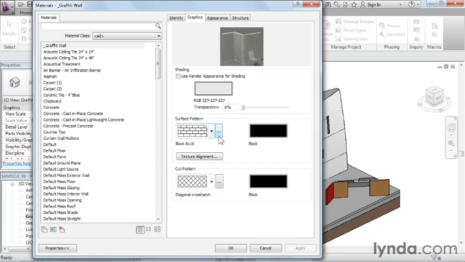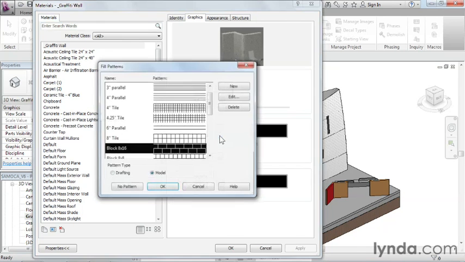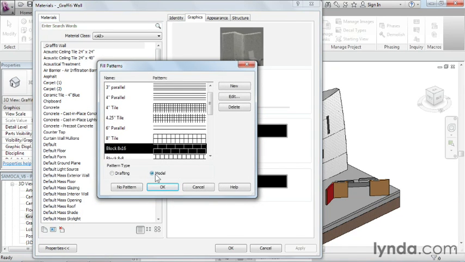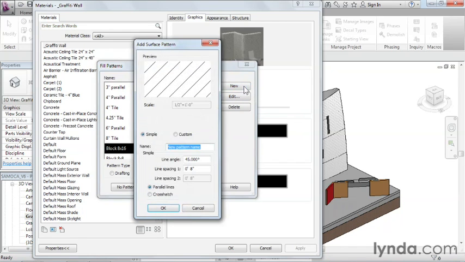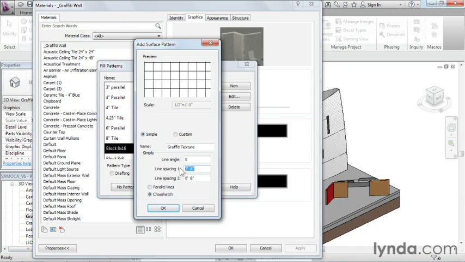So what I'm going to do here is click this Browse button, make sure that Model Pattern is selected, and I want to create a new model pattern. Now this new pattern is going to be called Graffiti Texture, and I want it to be a crosshatch pattern, 0 degrees, so that one's rotated 45, and I'll change it to 0, and I want that to be my 39 feet in one direction by my 73 feet